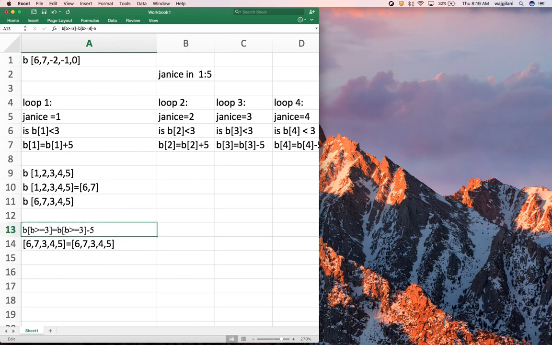This part right here is 6, 7, 3, 4, 5. We're subtracting 5 from it. So this for now reduces. The right side now reduces to